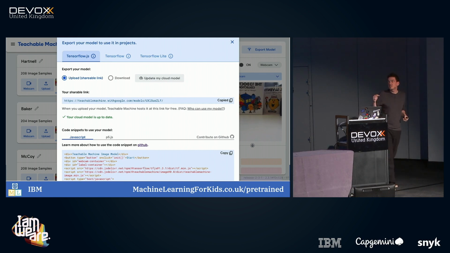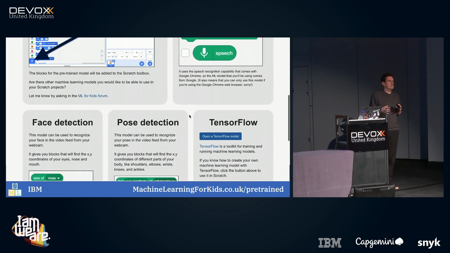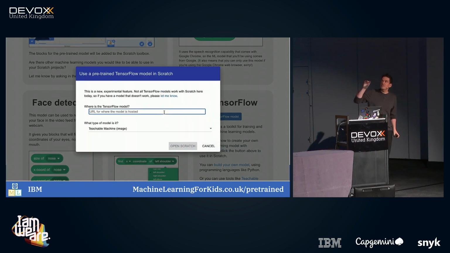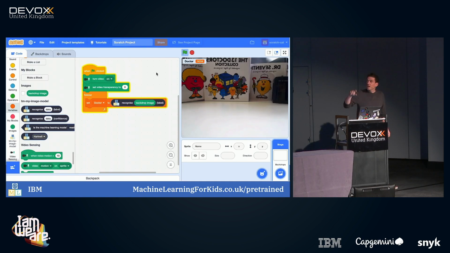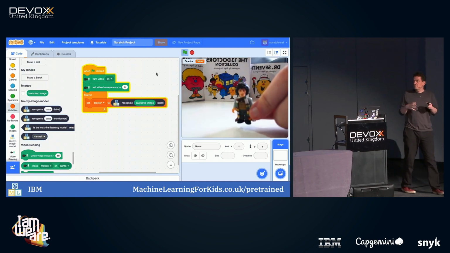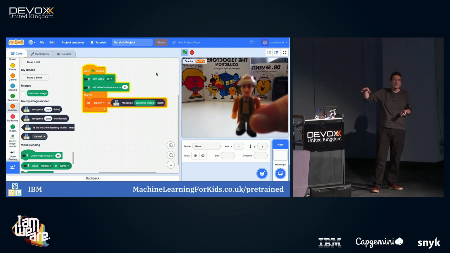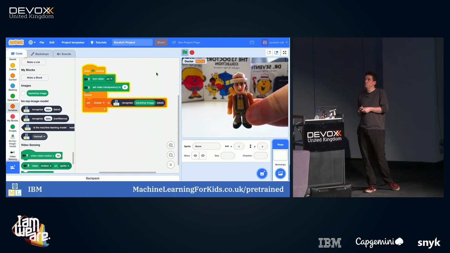So what we used is we extended a programming environment that schools use called Scratch, drag and drop sort of canvas-based programming, and we did some integration for TensorFlow models, including from Teachable Machine. And what this means is kids can use that model that they've trained in Teachable Machine in Scratch. Now this is not doing much more than the UI in Teachable Machine was doing.